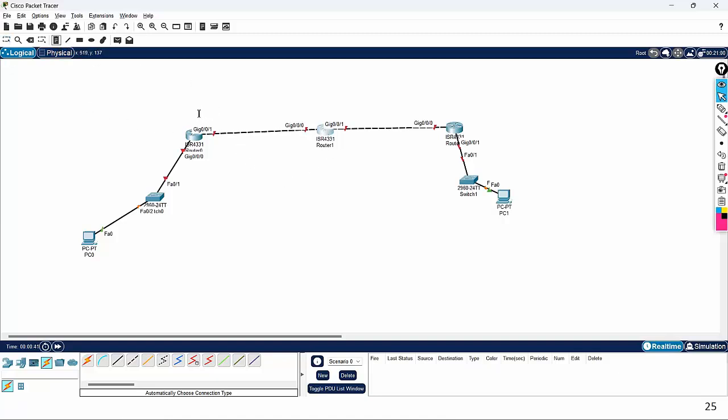Like I am going to give the IP address for this as 11.1.1.1 and this is the IP address 11.1.1.2, and this interface IP address is 100.1.1.2, and here the IP address is 100.1.1.1 or 3, and the subnet mask is